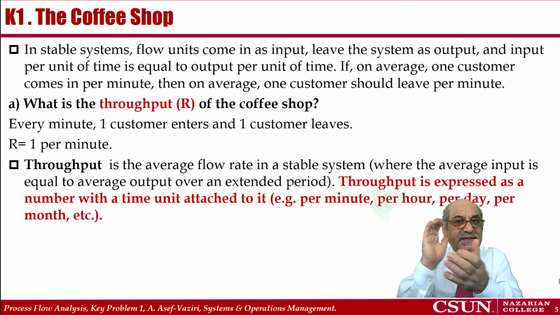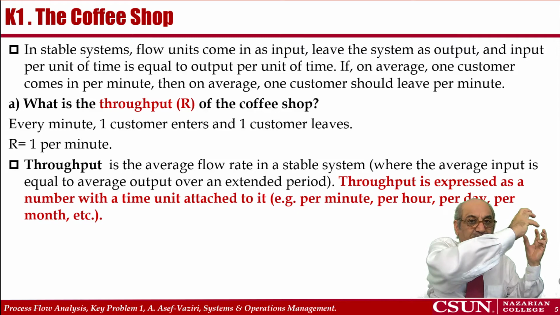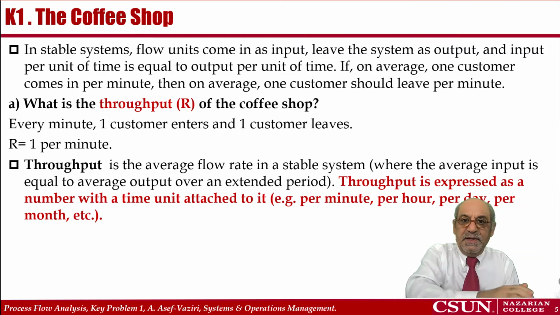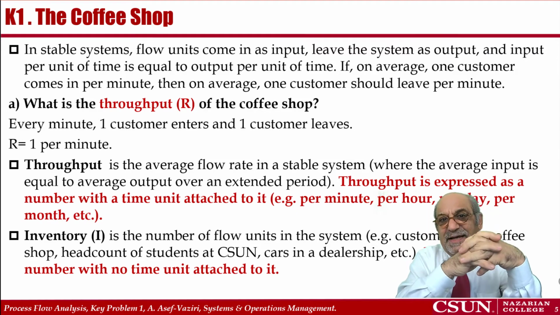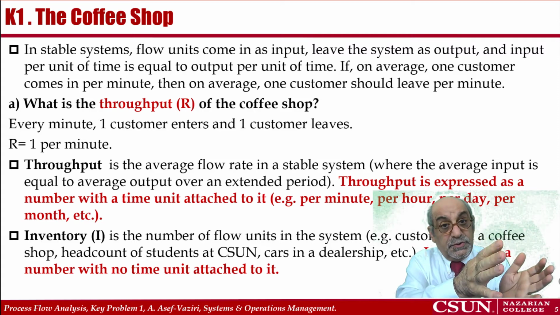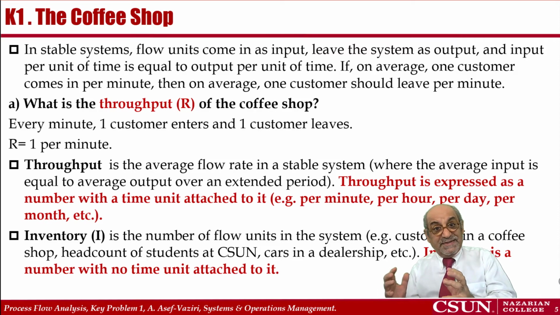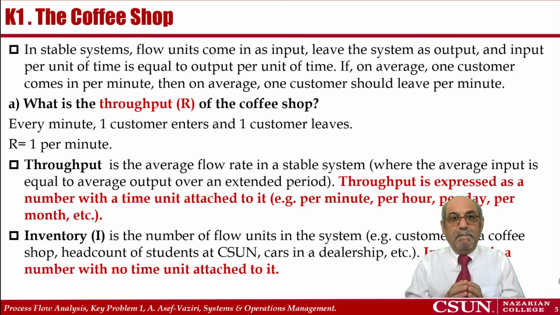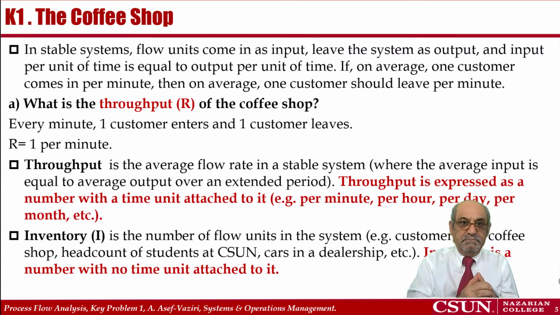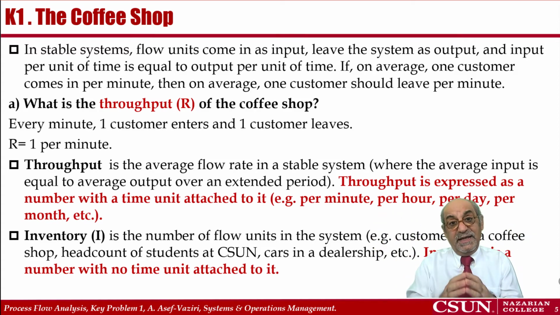Throughput always carries a time component with it: at what rate people or products come in and go out. So if you go back to the original problem, the containers that I explained, over there, throughput of the first container was 10, throughput of the container in the bottom was 9, and throughput of the container on top was 1 per hour. Throughput of the system was 10 per hour. And if a day is 24 hours, then throughput over there is